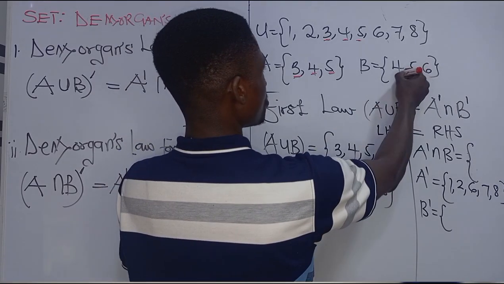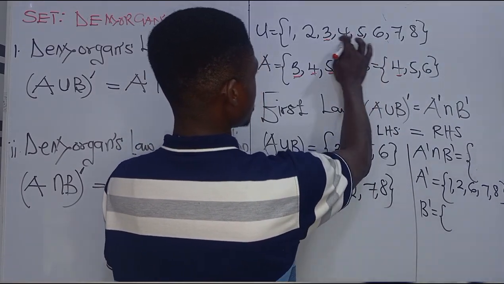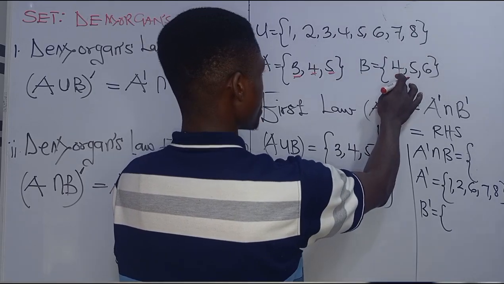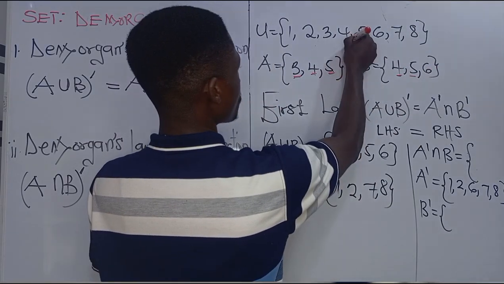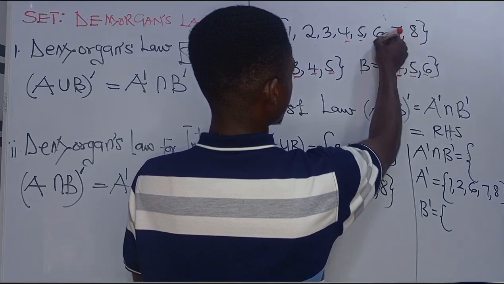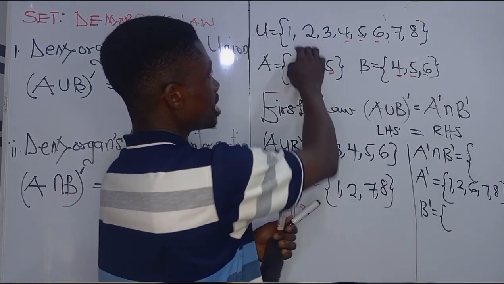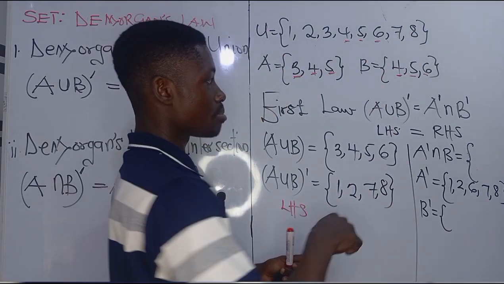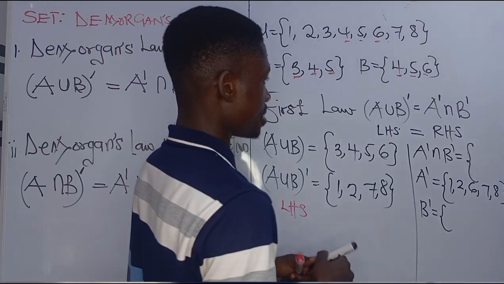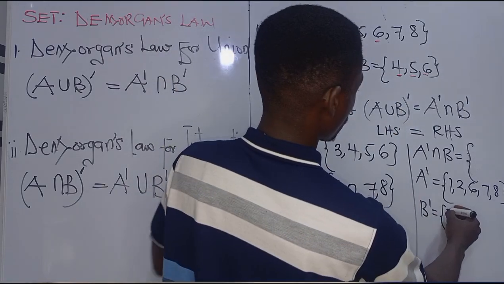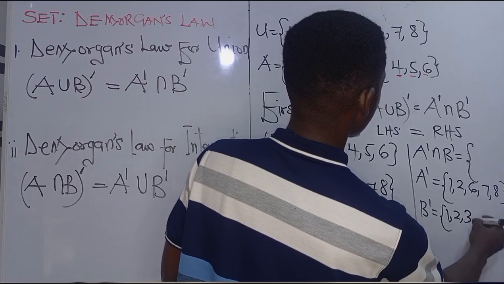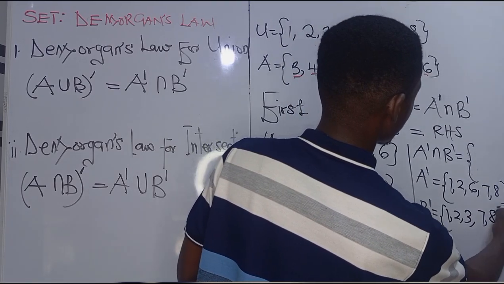Now let's look for B complement. For B complement, we are going to look for those elements in the universal set that are not in set B. So we have 4, 5, 4, 5, 6, 6. Those elements that remain in the universal set become the complement of B. So we are left with 1, 2, 3, 7, and then